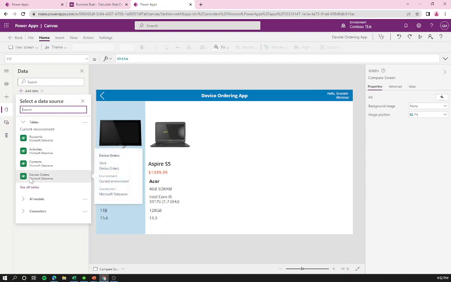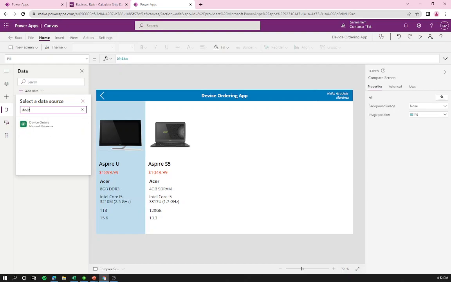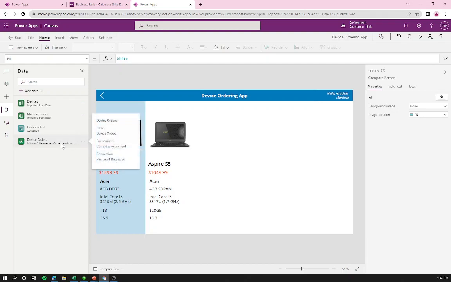Automatically it recognizes my device orders table because I've been using it recently, but in case you don't see it, you can just type it in here and you're gonna find it real quick. So let's select our device orders, and yep, it's now connected to our app,